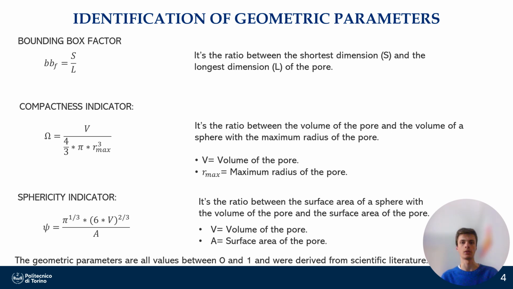This is the ratio between the volume of the pore and the volume of a sphere with the maximum radius of the pore. And finally, we have the sphericity indicator, that is the ratio between the surface area of a sphere with the same volume as the pore and the actual surface area of the pore. All these parameters are valued between 0 and 1, and they allow for a detailed classification of pores based on